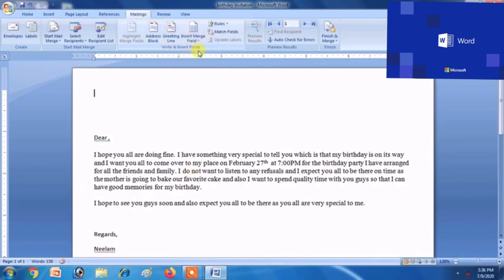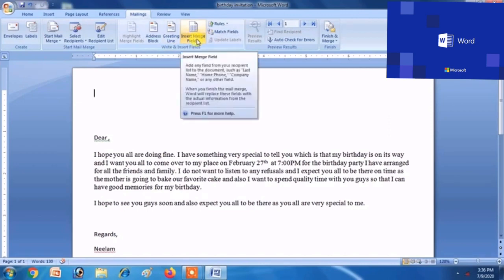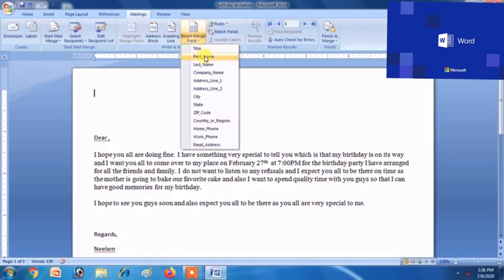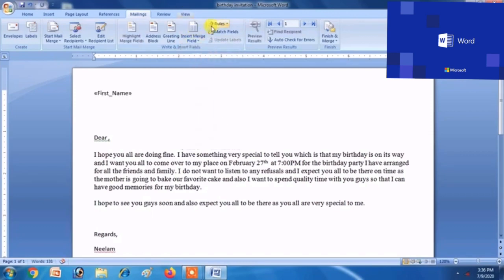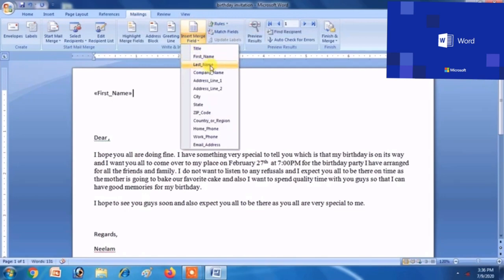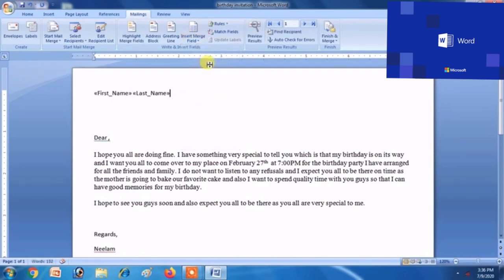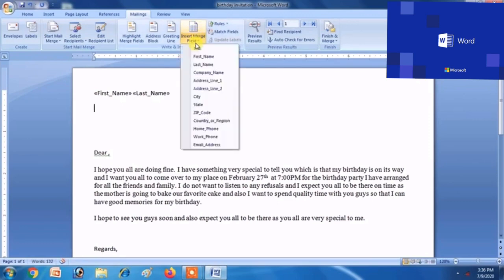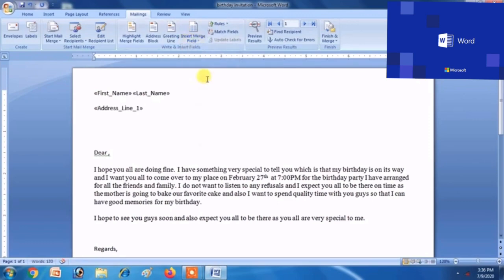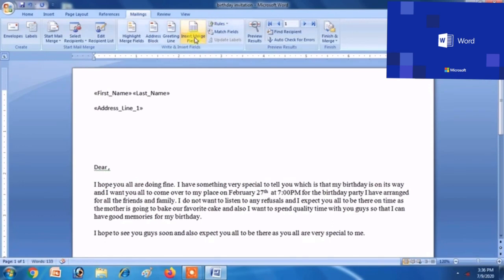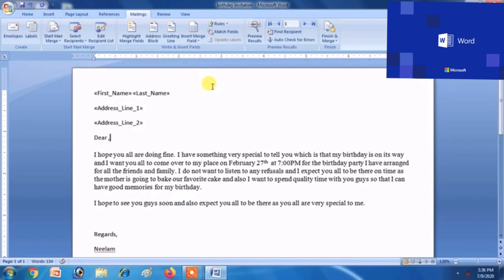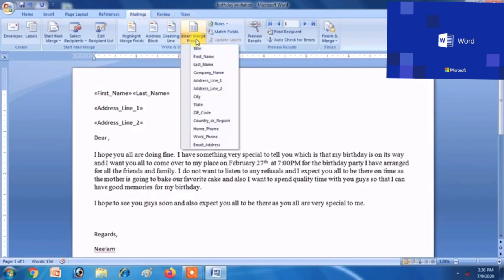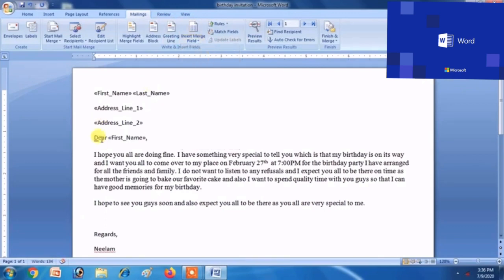Now randomly we will select each and every column. So for that, we are going to Insert Merge Field. Here you can see title, first name, last name, address, phone number, all such types of columns are there, from which we have given first name and addresses. So randomly you can take those columns from the list. Okay, wherever your cursor resides in the document, there your column is inserted. So if you want to make the column in a new line, then you can press Enter, or if you would like to make any changes, then you can also do it.